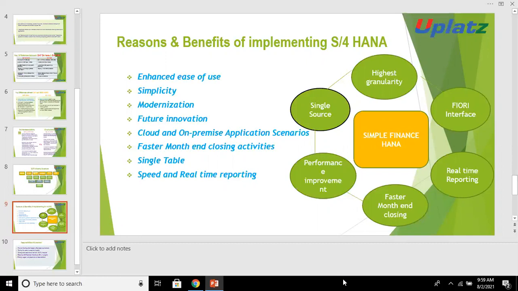And yes, unlike your ECC, SAP S4 HANA has two deployment scenarios. One is the cloud version as well as the on-premise version, which we have just analyzed. Then